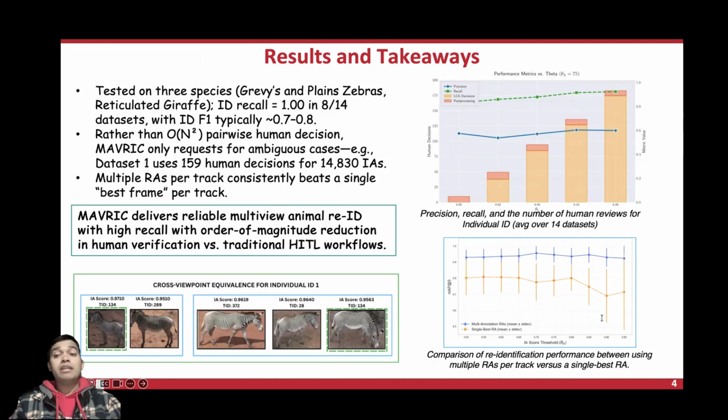Therefore, MAVRIC delivers reliable multi-view animal re-ID with high recall and an order of magnitude less human verification than a traditional